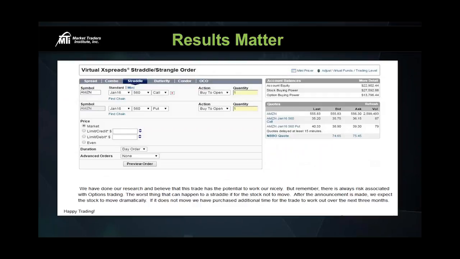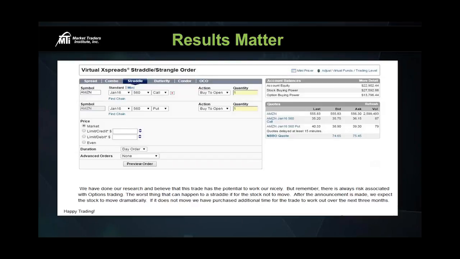You'll get an order form just like this. In the order form, we're going to show you exactly how to fill out your order ticket to place the trade. So even if you're brand new, if you're still new at doing this, you might be a little uncomfortable with it, you can simply just write the trade down, email our team here. We'll help walk you through it.